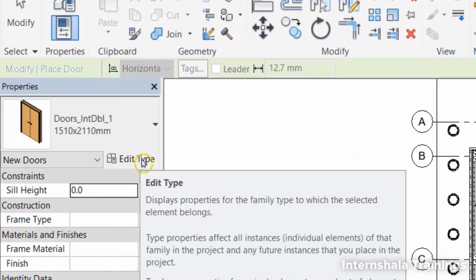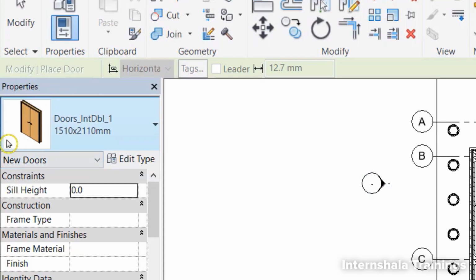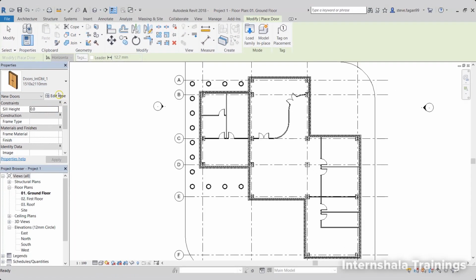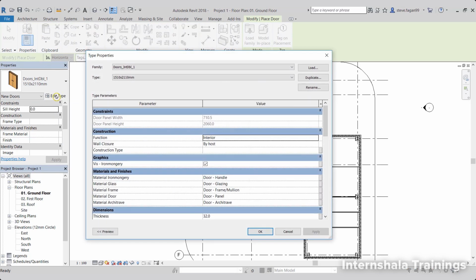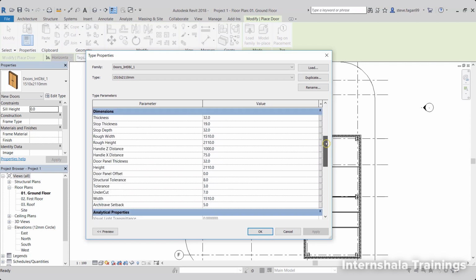So we're in the Properties palette right now. We've just selected our 1510 door. To create our own type, we're going to select Edit Type. In here are the type properties of this door. I'm not going to go into a lot of detail about this right now. We will cover this as we go through the course. But if we scroll down to the dimensions,